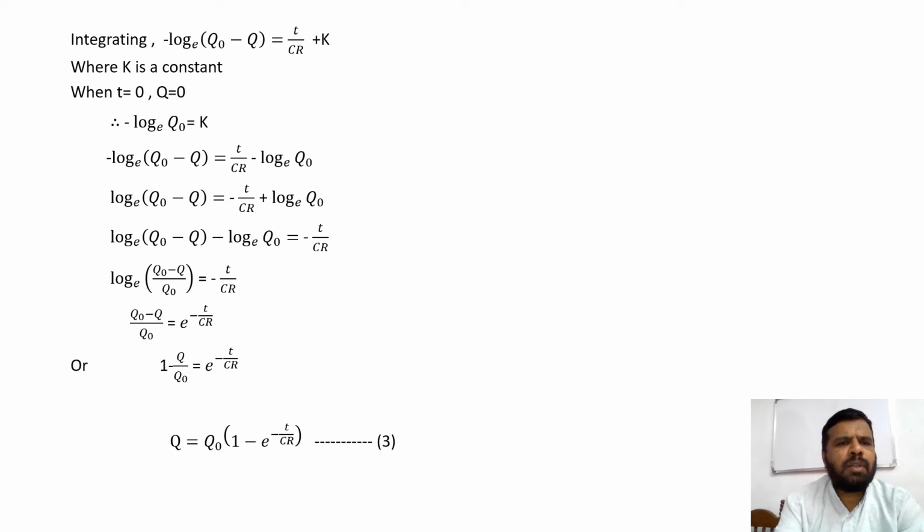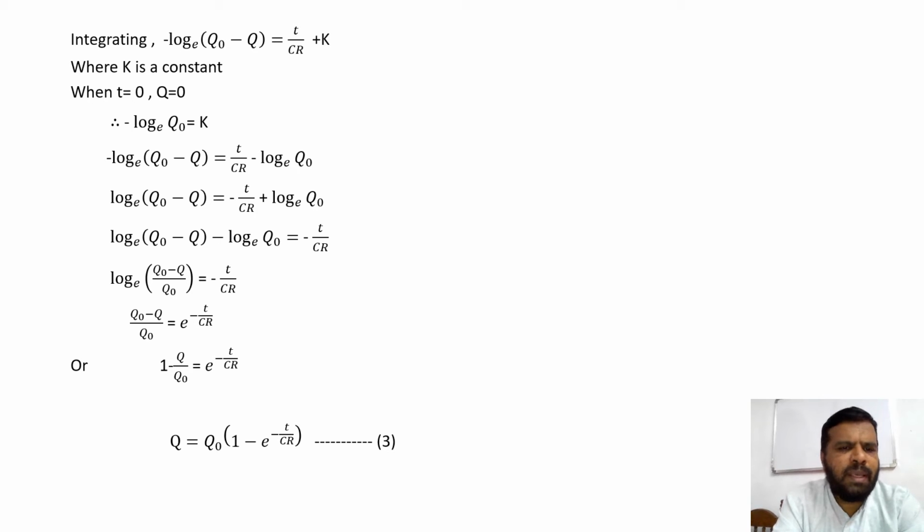Integrating, minus of log(q₀ − q) to the base e is equal to t divided by CR plus k, where k is a constant. When t is equal to 0, q is equal to 0. Therefore, minus log q₀ to the base e is equal to k. Therefore, the above equation can be written as minus of log(q₀ − q) to the base e is equal to t divided by CR minus of log q₀ to the base e,